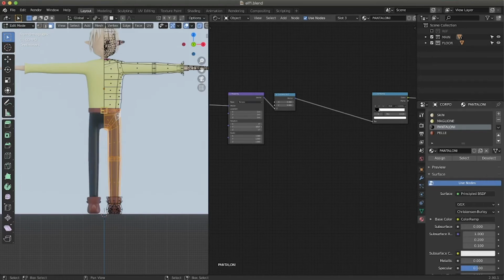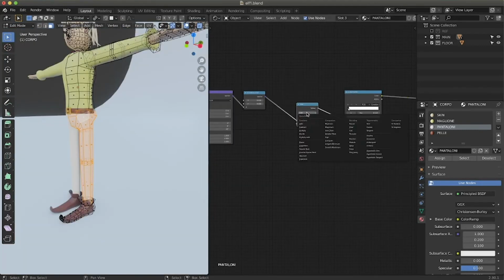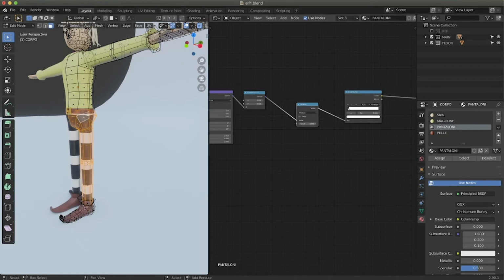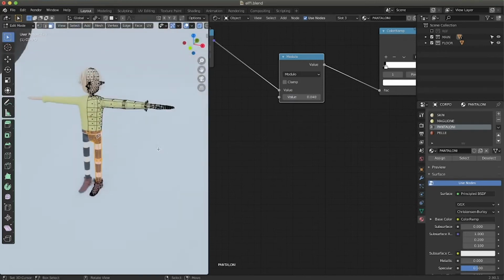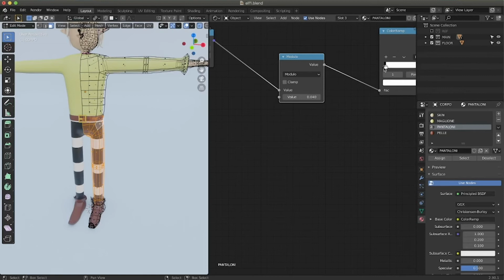We already saw this in one of the previous tutorials. Usually to repeat those kind of effects, you use a modulo. If you play a little bit with the modulo and you set it to a number that's less than 0, you will see your effect be repeated multiple times. Remember that this acts just in one direction. So in case you don't see any change, simply rotate the map using the texture coordinate of 180 degrees on the X or Y axis.